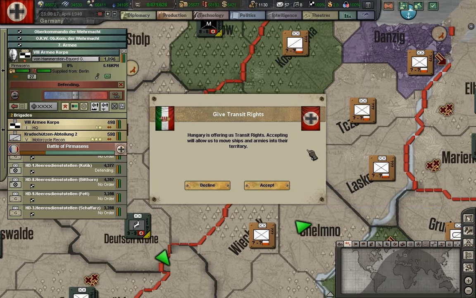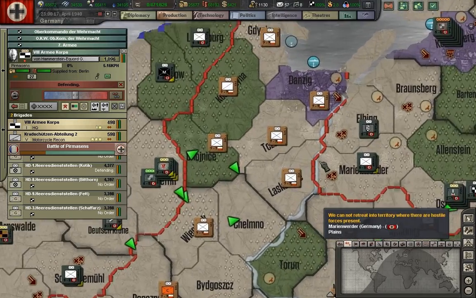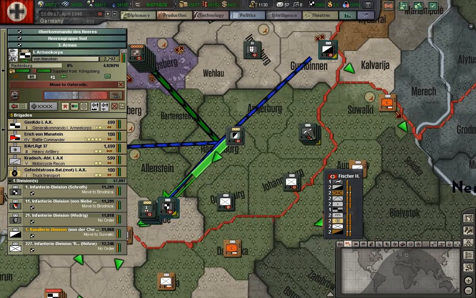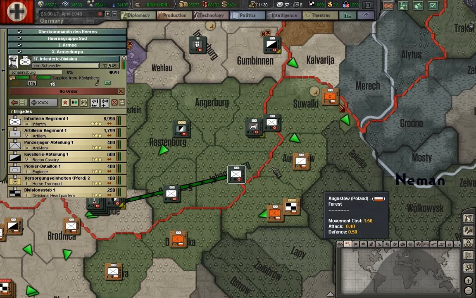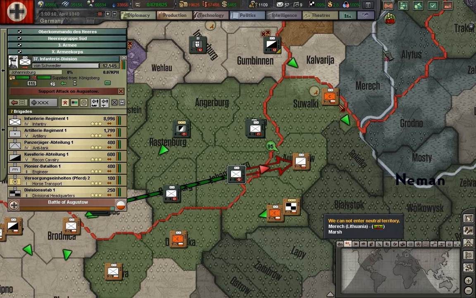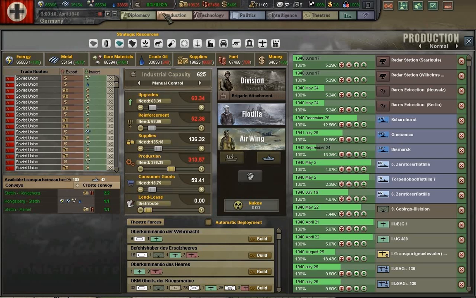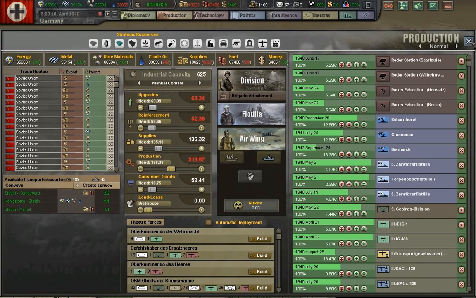Okay. Hungary, yes, we'll accept military access rights. Hungary. It's there. What does the US want? No. No, if anything, we're going to...